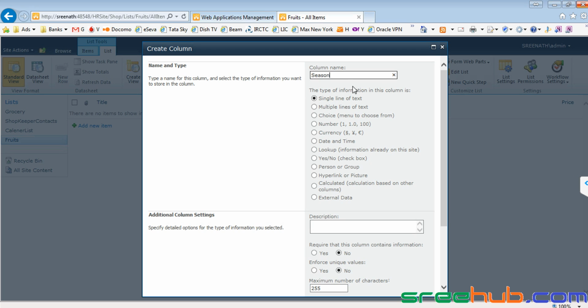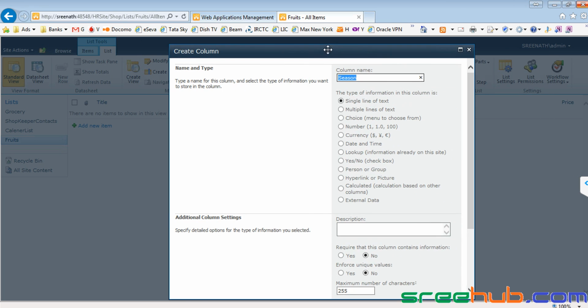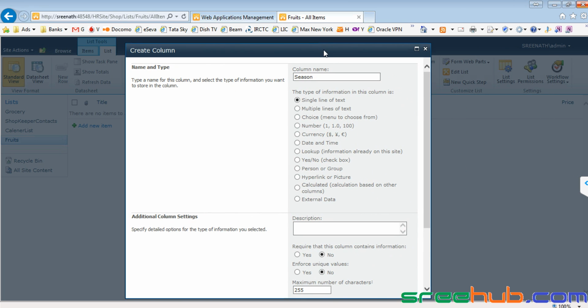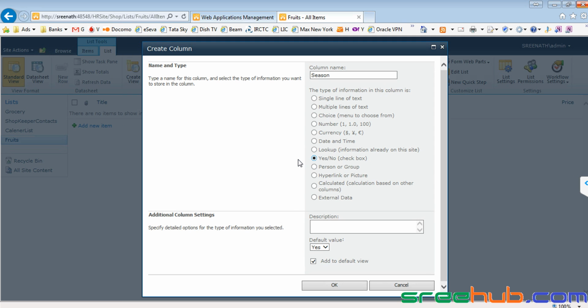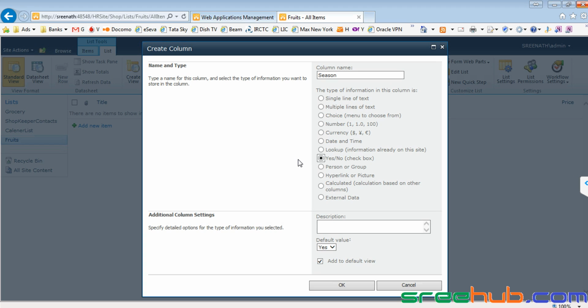Okay, and season, which is nothing but some fruits can be in some seasons, and some fruits are available throughout, and this can happen, right? So that is what this column is, right? And this column will be true or false. It's just whether a certain fruit is available only in some particular season, or some fruits are available in any season, in that way, either yes or no.